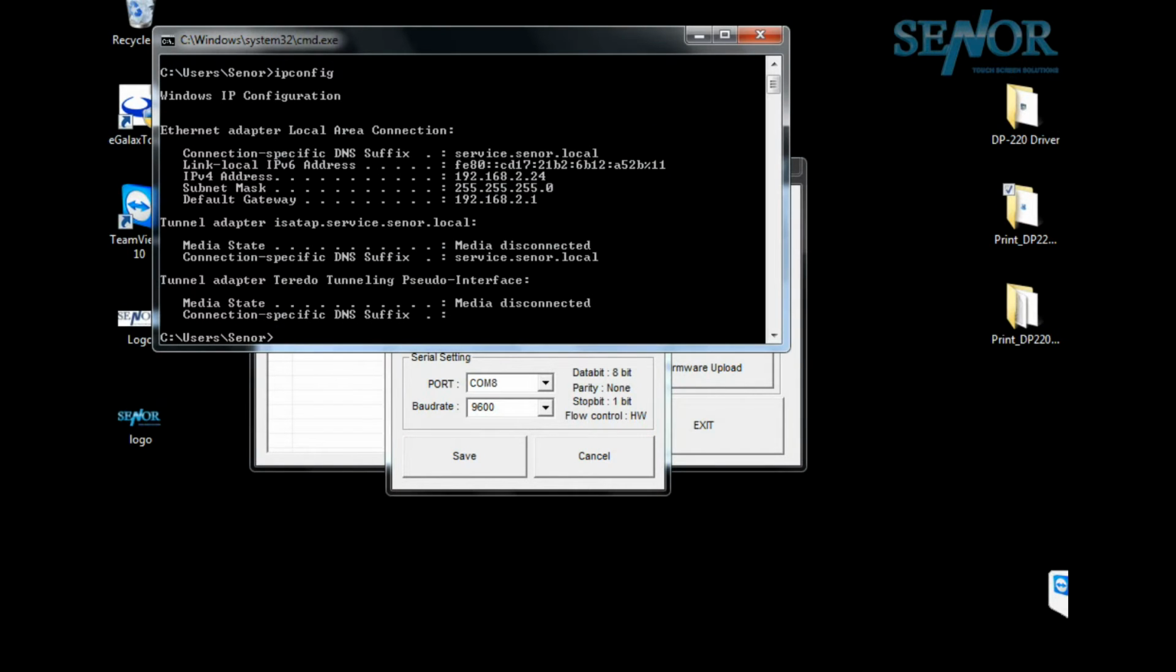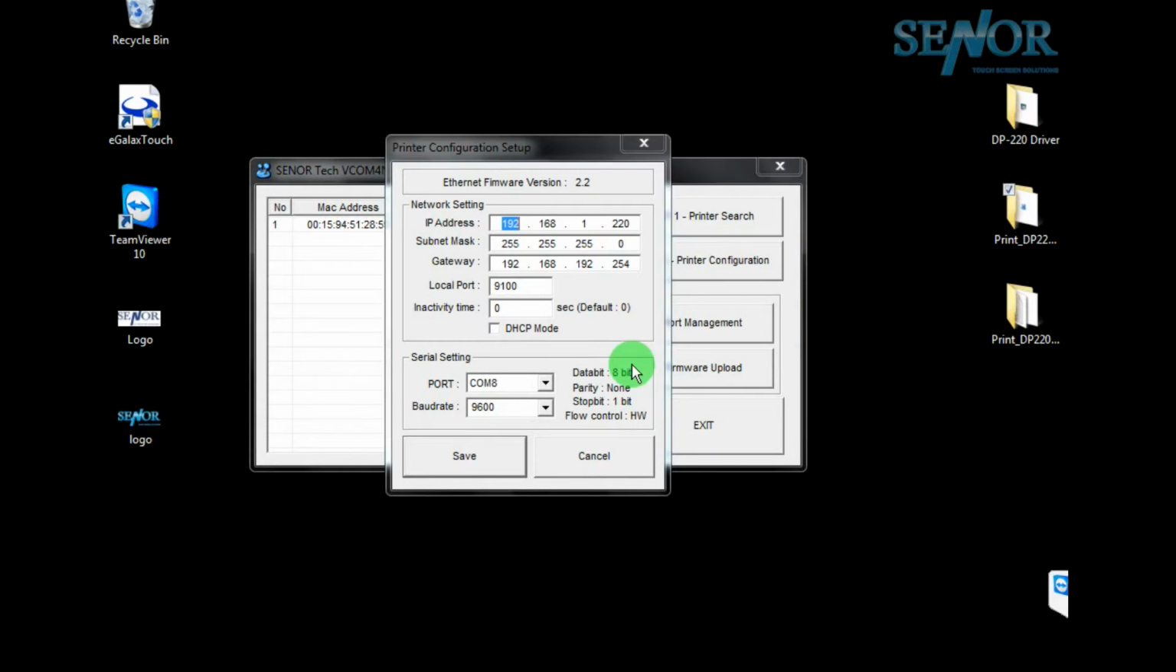Now again, we know we're on the IP address range of 192.168.2.1 to 192.168.2.254. So look, the easiest way is just change this to 2. So our IP address for our printer will be 192.168.2.220. We can also set DHCP in here, and this will allow